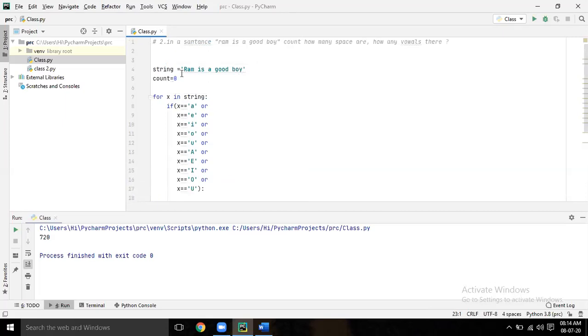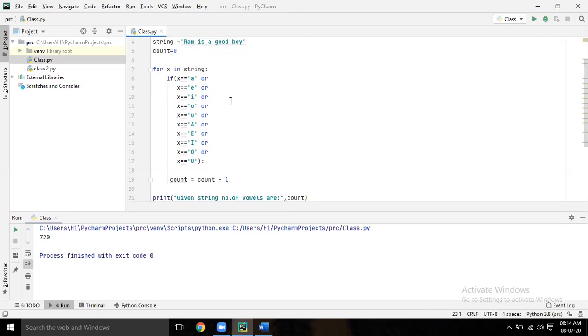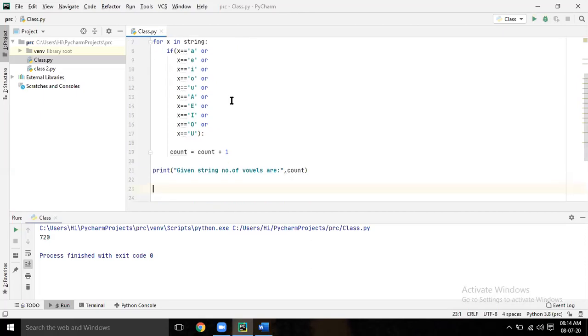Here in a sentence, Ram is a good boy. Count how many spaces are there and how many vowels are there. Now for x in string, if x equal to a or the other vowels, count equal to count plus 1. Run it.